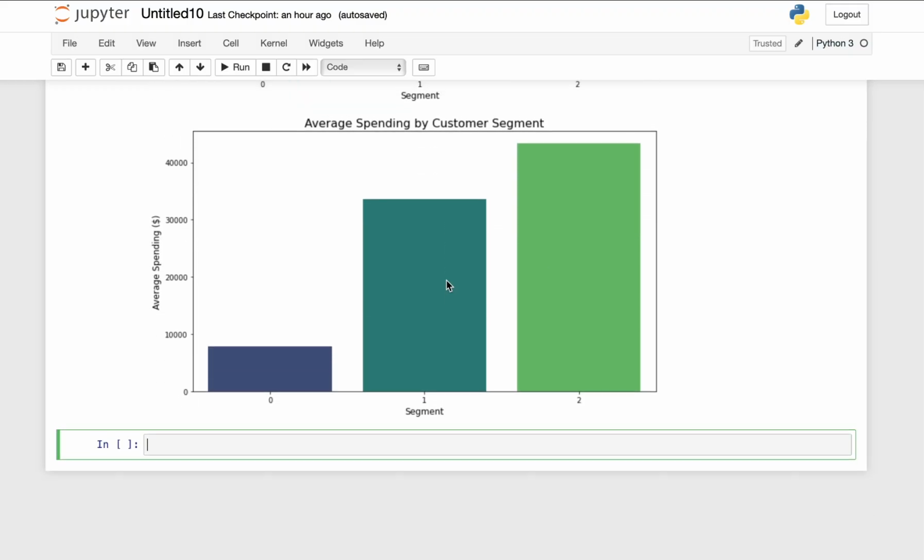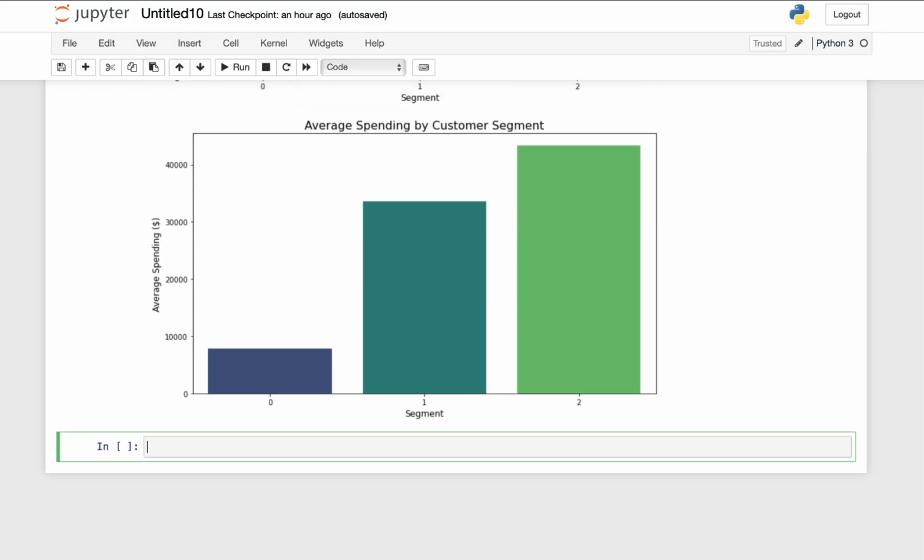Okay, let's come down and see what else we can take a look at. Okay, let's do a trend analysis where we take a look at year and month. We're going to aggregate the monthly sales. We're going to visualize the sales trends, and then we're going to do a sales prediction